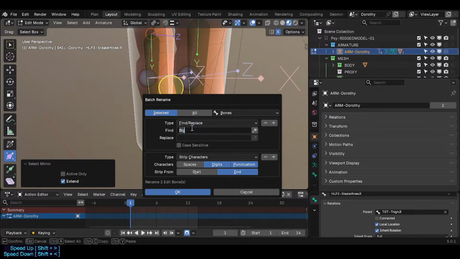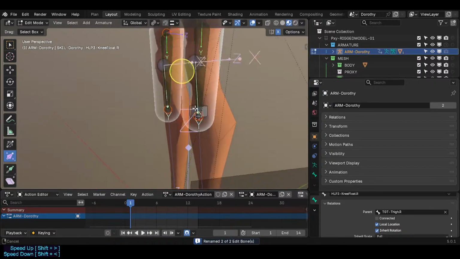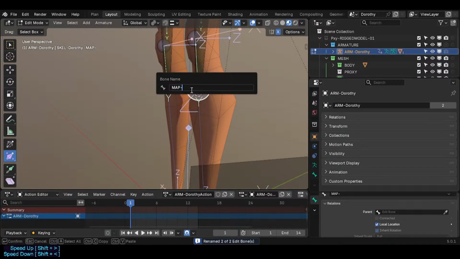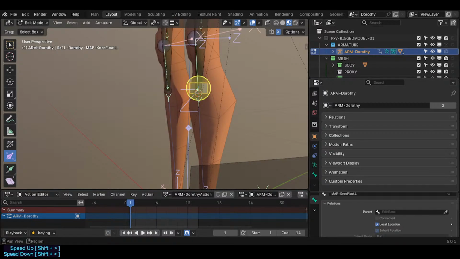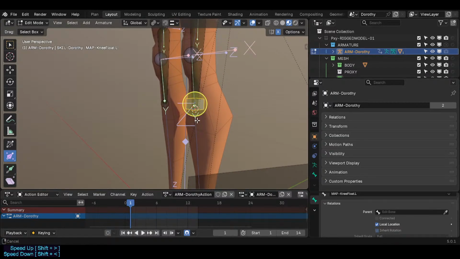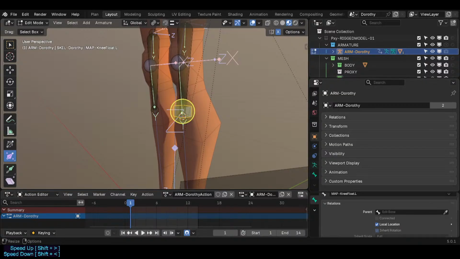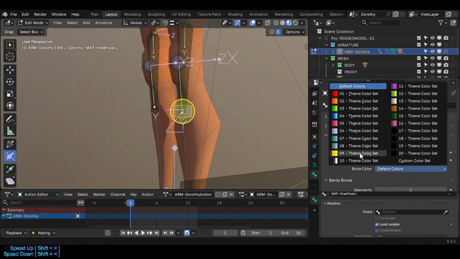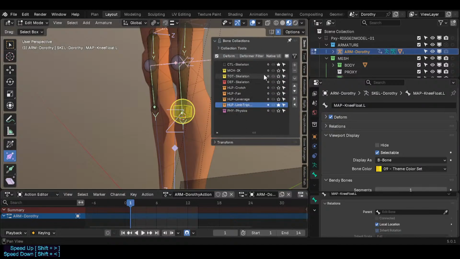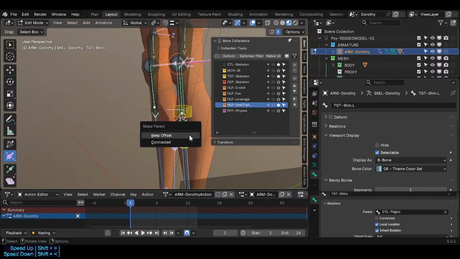So instead of stealer float, actually instead of this, all right, and then for this map, knee float left, and then we got the parenting will be the mechanism skeleton, right? And for this mapper I like to use this color, so parent to here, keep offset,